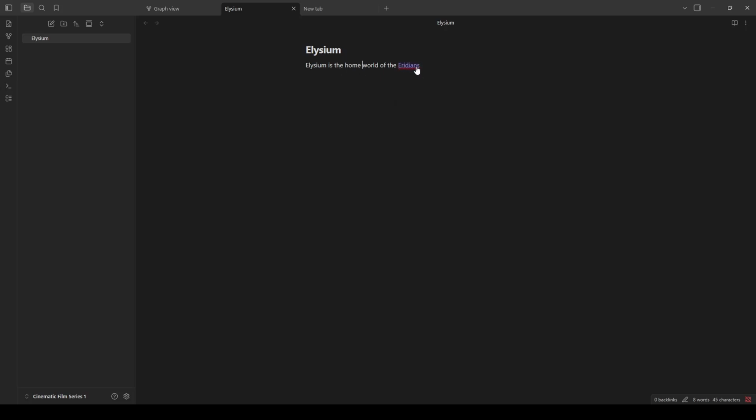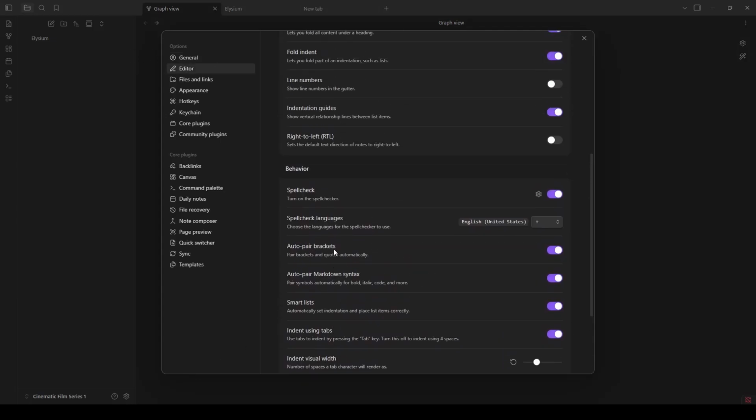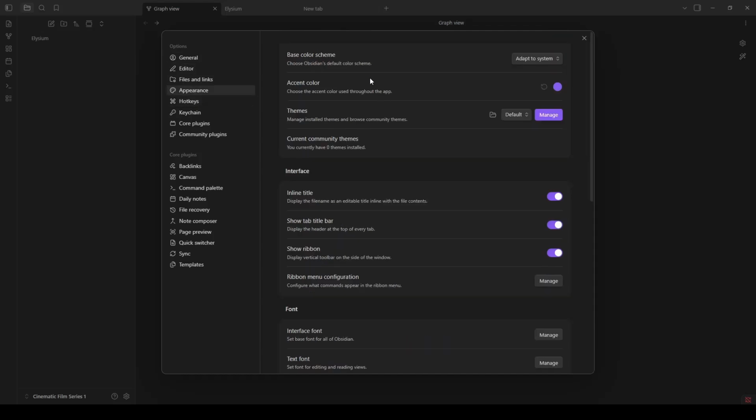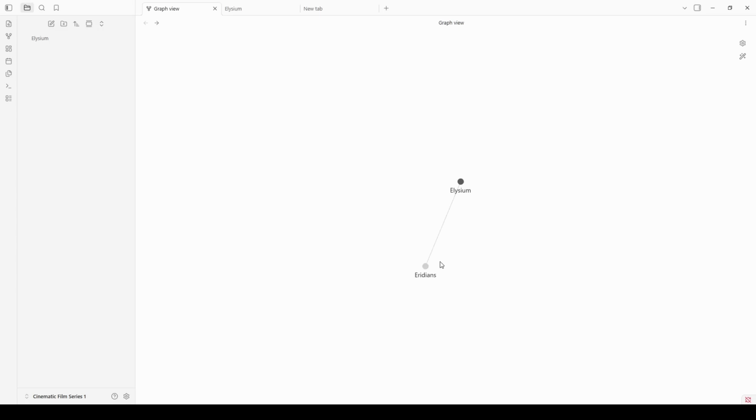So now this is dark purple, and if we go into here, this is grey, which actually blends a little bit into the darkness of the graph view here, which I think I can change somewhere, but I can't remember. I think it's in settings. Maybe it's in appearance. I think it is base color. Adapt to system themes. Yeah, light. So now we're in light mode. I think I like light mode better because I can see this better. There we go. So now we've got Elysium is the home world of the Iridians,